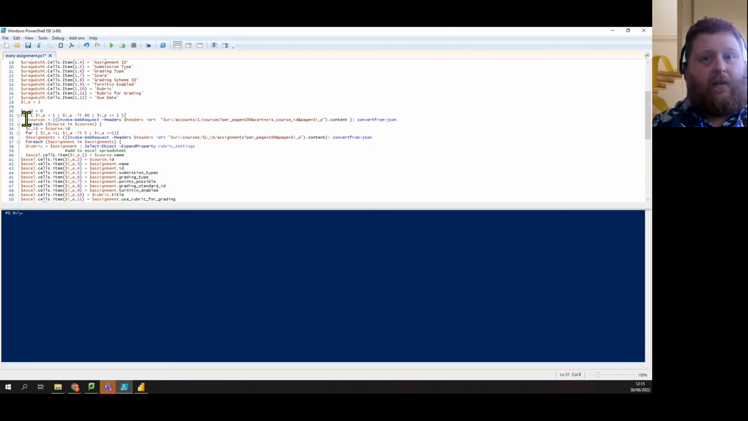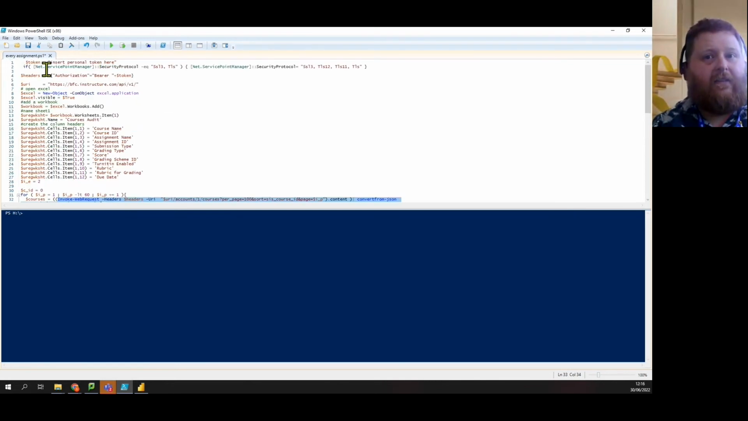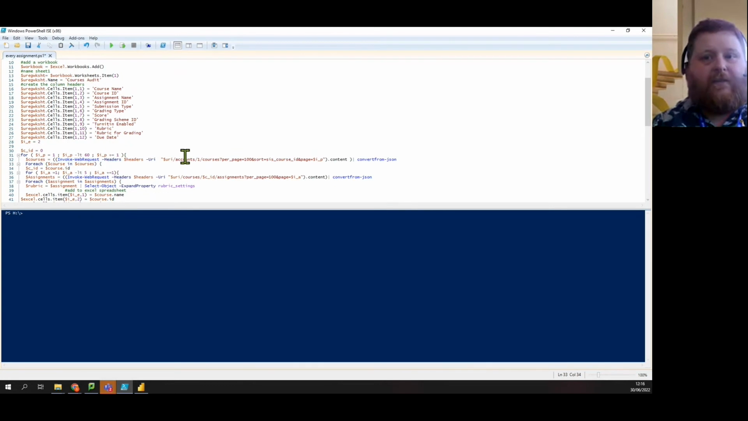I'm then getting it to get some information that we're calling courses, and I want to invoke a web request. I want it to put in the headers and the URI, which I've set up before, which has our token in it and is basically just the start of our web address. I wanted it to take accounts, the courses within that account. I want 100 of them per page. I want them sorted by their SysID, and I want it to loop through these different pages each time, and I want it to take all that information for me,